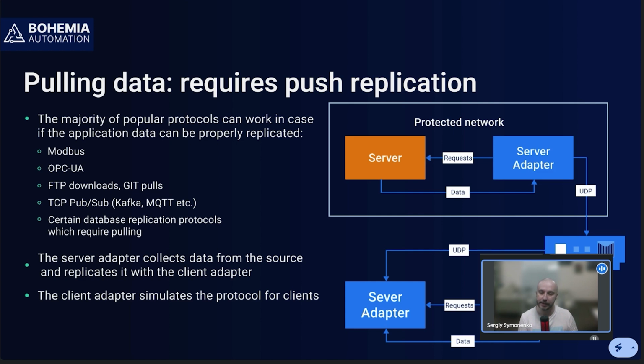Everything is simulated on both sides. One side simulates a client, which collects data, then replicates it to the other side, and the other side must simulate a server to be compatible with your